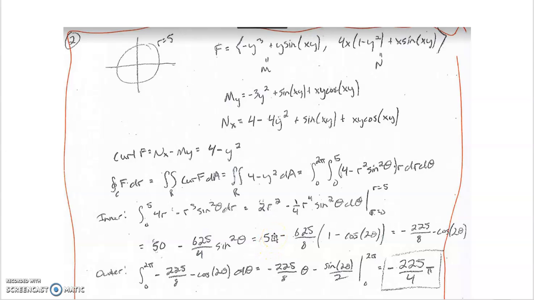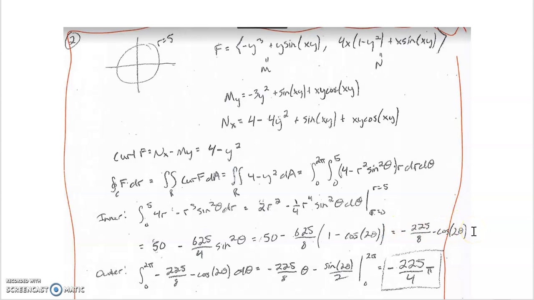From there, I guess here I already did the conversion. When I go to do my outer integral, I got to get rid of that sine squared theta and turn it into, with a power reduction, 1 minus cosine 2 theta all over 2. You may say, why isn't this over 2? Well, it's because this was 625 over 4. I already had a messy fraction, so I just took the over 2 and put it out front. 4 turned to an 8. It gives me this thing,